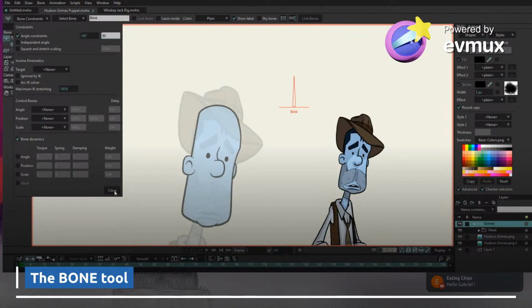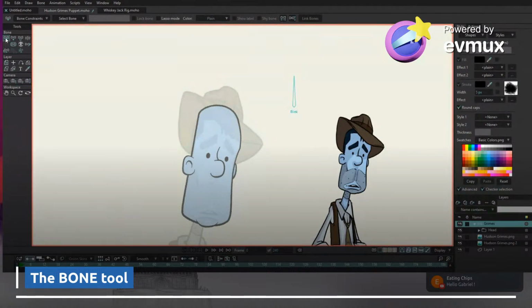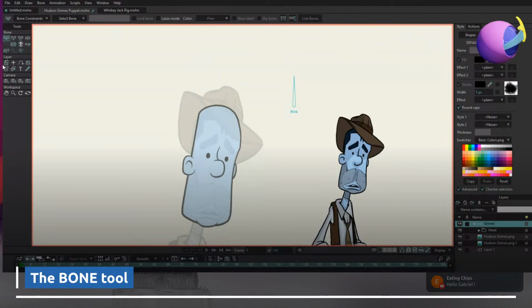Lay it flat. Depends on what I'm doing. Like right angles. Right. All right. So now that I have that, it's labeled, I got my constraints, I can select that bone